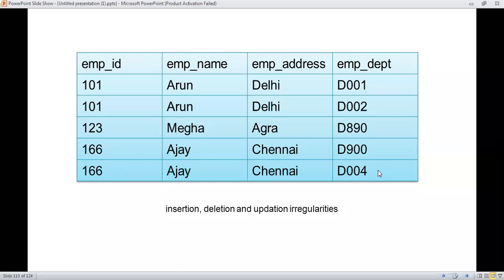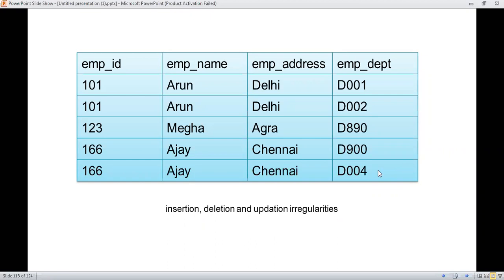Okay, so among those, the employee ID as well as the employee name, when we assign any person an employee ID, there might be a possibility that the person works with or correlates with different departments also. So for example, suppose in this database, the employee name Arun has employee ID 101.